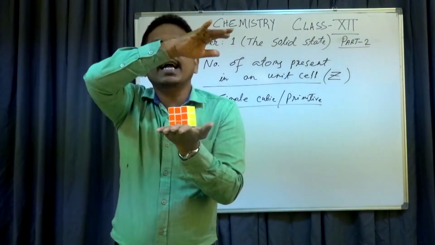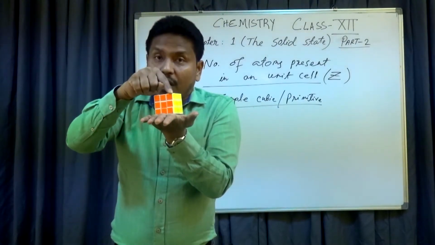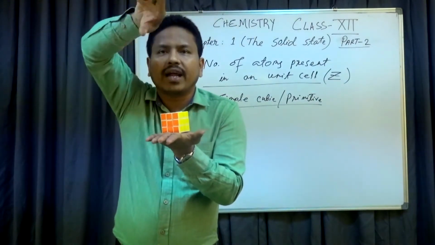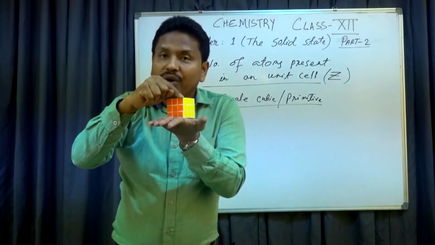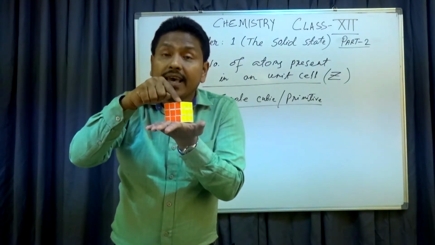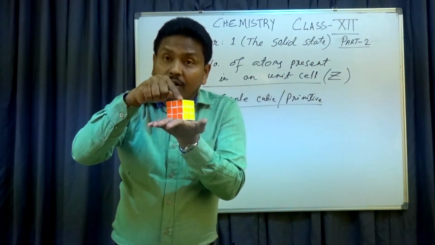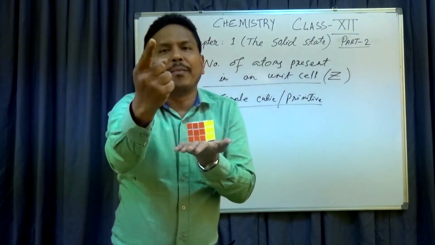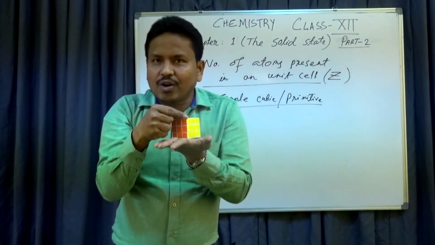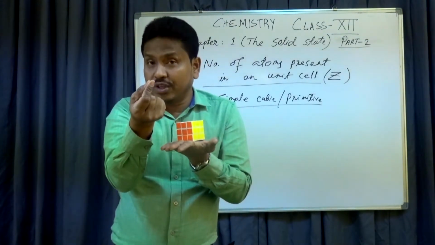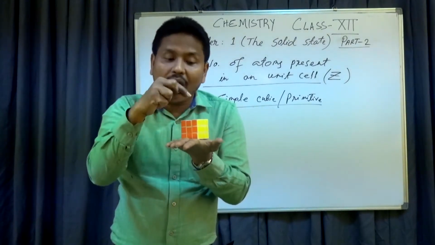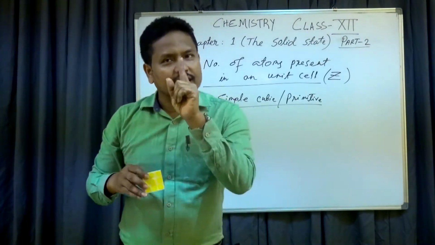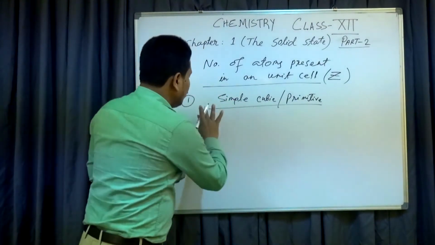In a 3D crystal lattice, each corner atom of a unit cell is equally shared by 8 cubes. That means this corner atom alone does not exist for one unit cell. This corner atom is shared by 8 cubes. That is, per unit cell, that corner atom contributes only 1 by 8 portion. One corner atom has only 1 by 8 contribution for one unit cell, because one atom is shared by 8 cubes. Understand? I hope you understand. So how to do? What to do?